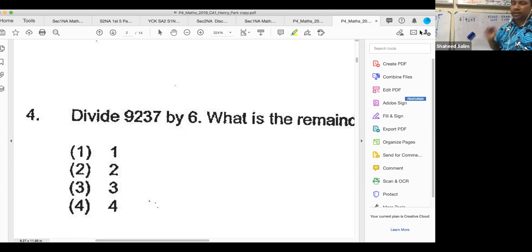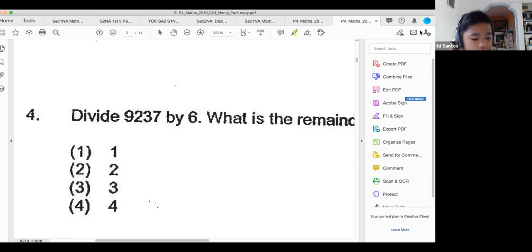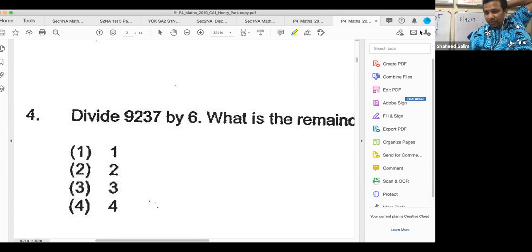Hey, you must do your long division. Amara, are you done? Not yet. So whether you know your 6 timetable or not will decide how fast you are. If you are weak in your 6 timetable, you'll be weak in this. Naomi, are you done? What's your answer? 0 0 1, remainder 1. Remainder 1. So your answer is 1, is it? Your voice is robotic. I can't hear, it's lagging.